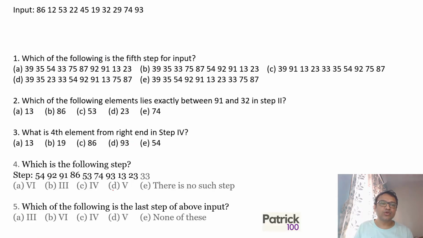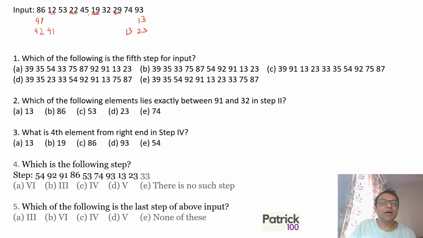So let's try to solve it. One way of solving is to write all the steps and then look at the solutions. For example, if you look at the smallest odd number out here, go from smallest to largest. The smallest odd number is 19, so automatically 91 will come first and 12 will go in the end, will become 13. Next, the next smallest odd number is 29. 29 will come first, 92 and 91, and the next even number, which is 22, will become 23. So it becomes 23, 13.